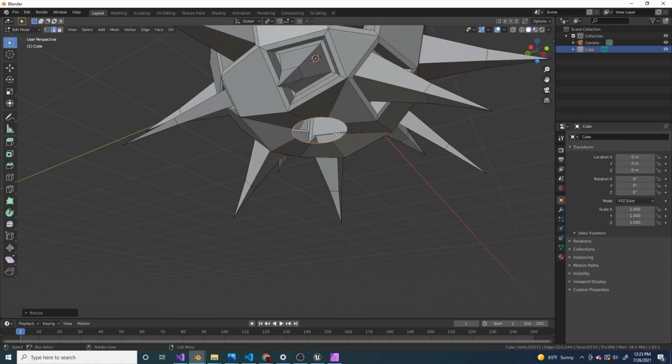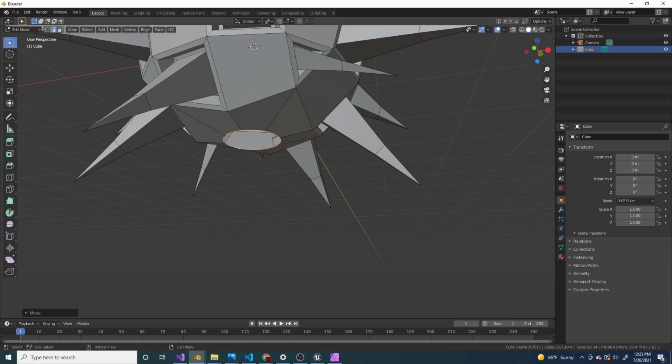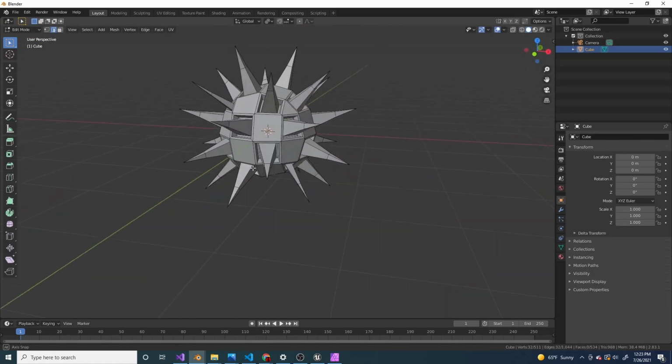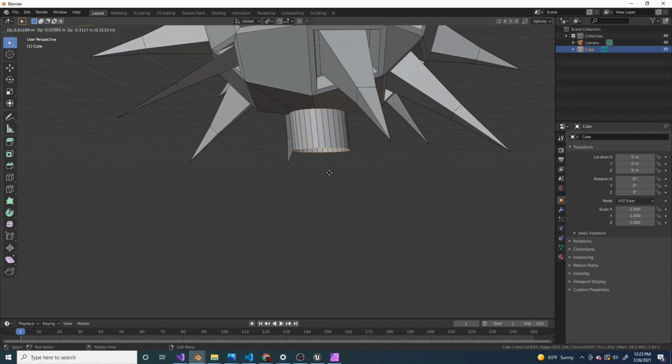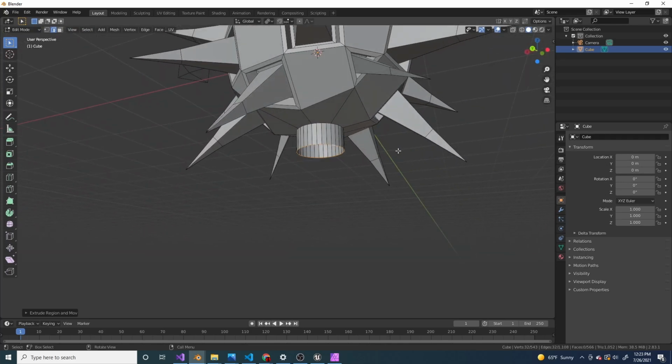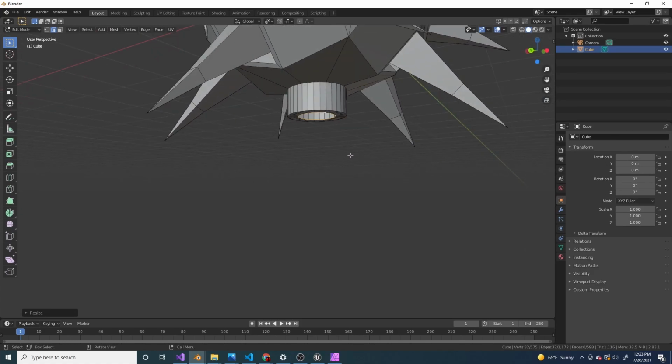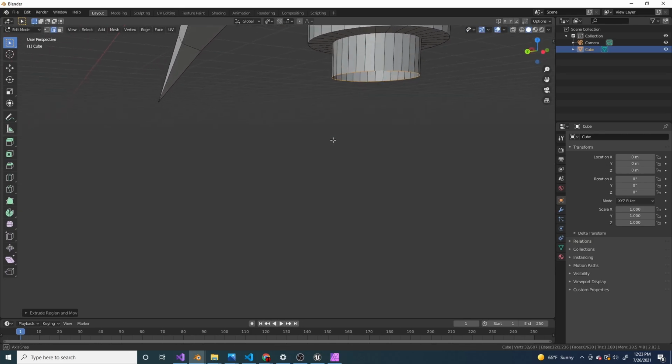So I think this needs to be scaled in a bit more. Move it down to make it a little bit more rounded out. Press E and Z, and then press E, scale it, E one more time, and